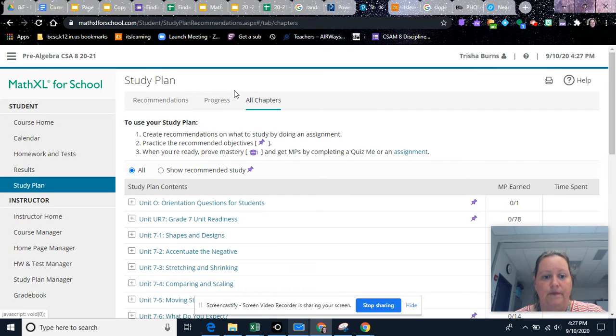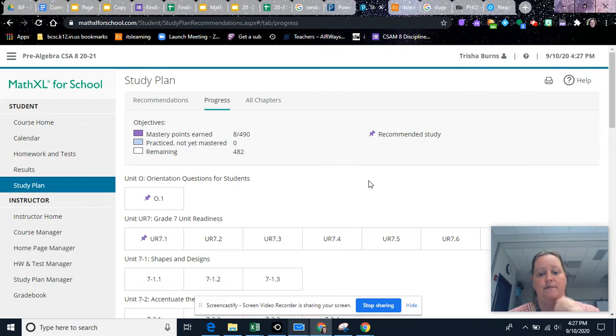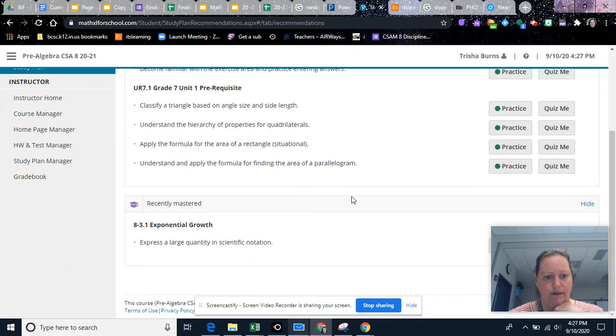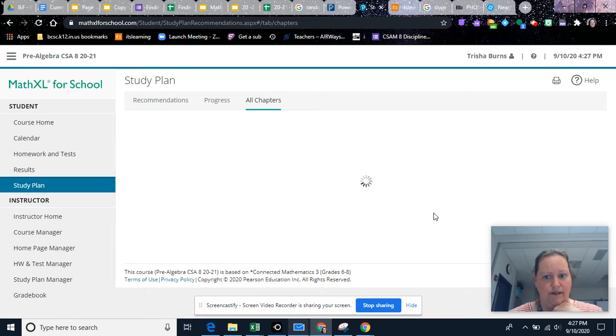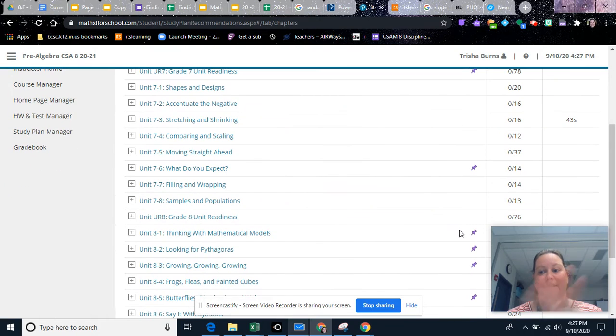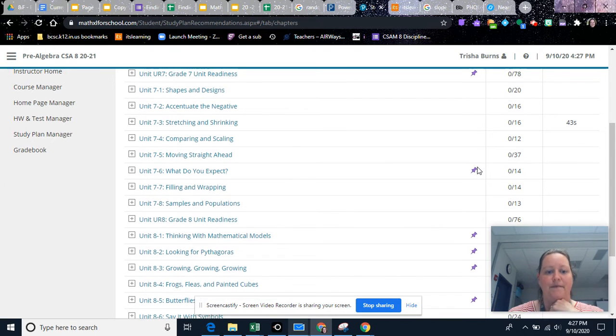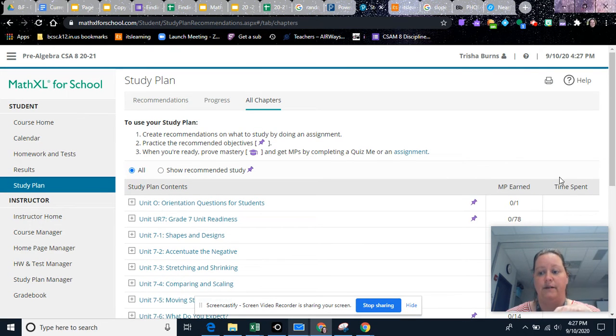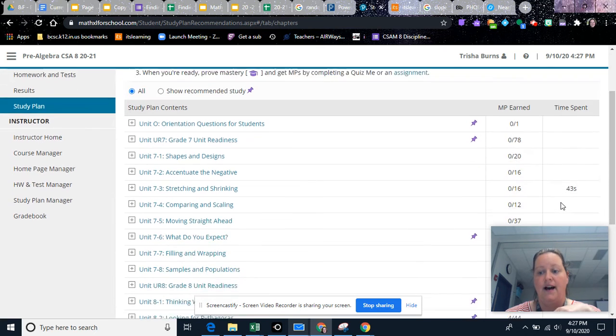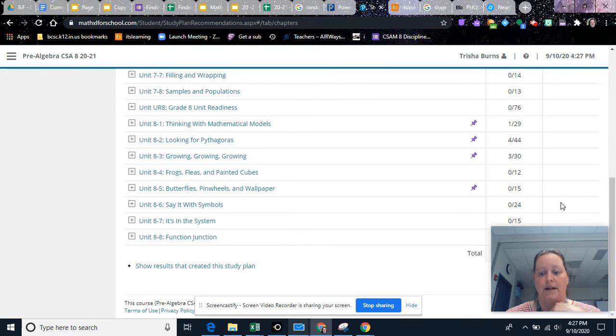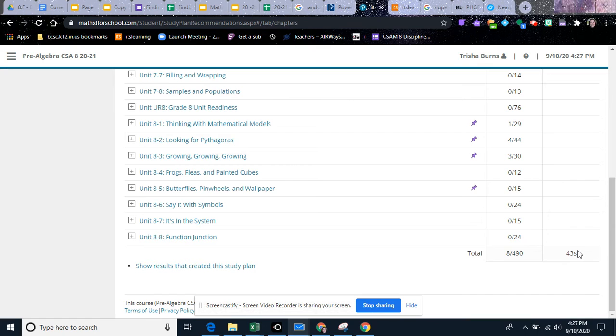And what you will do is how you can check to see how much time you have. You will look somewhere. Hold on. Oh yeah, it's on this page, but my picture was messing it up. Okay, so you will see over here where it says time spent, you will see your total amount of time. So I'm gonna hide my face real quick. You will see right here, for me, for this year, I have been on the study plan for 43